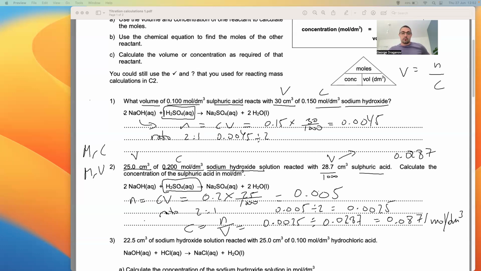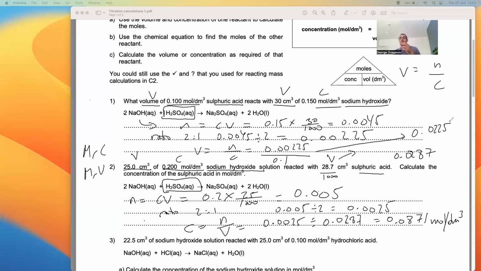And that will give us 0.00225. In the final step, instead of C, we're looking for V. So as I said, V, you swap these two, is moles over C. So V equals moles over C, which equals 0.00225 over, and the C is given to us already in its normal units, which is 0.1, which is then giving us a final answer of